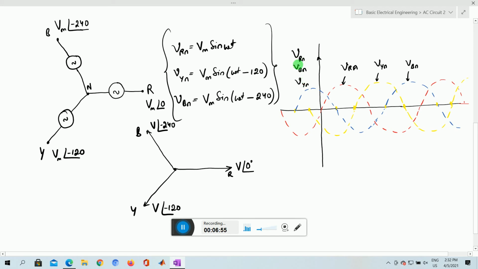All these are the instantaneous values, and on the x-axis you have got omega t. This is 0, here you have 60, 120, and this is pi. Here again you are divided into three equal parts. This is 2 pi, so here one time period is completing. This is the time period of this cycle, T, and we can represent f as 1 by T, and 2 pi f we can say is omega. Omega is in radians per second.